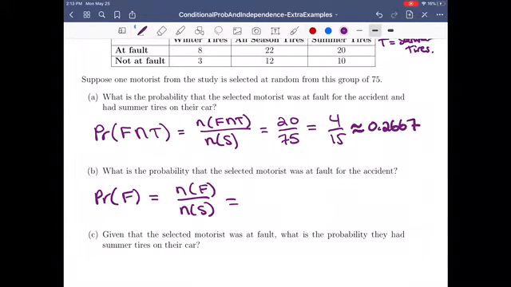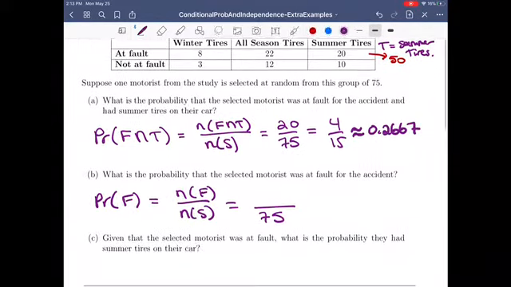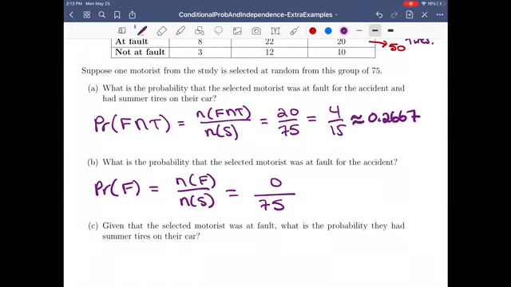We know the bottom is 75. For the number at fault, we add up the numbers in this row. So 8 and 22 is 30, plus 20 is 50 in total. So this is 50 over 75, which is 2 over 3, which is approximately